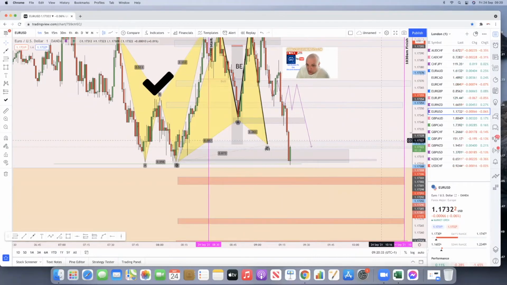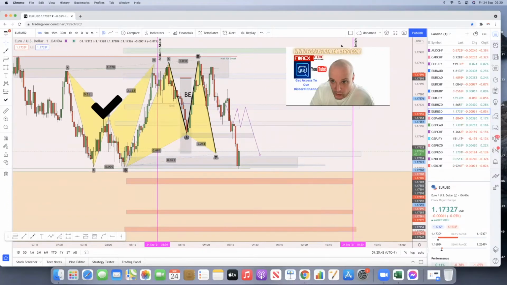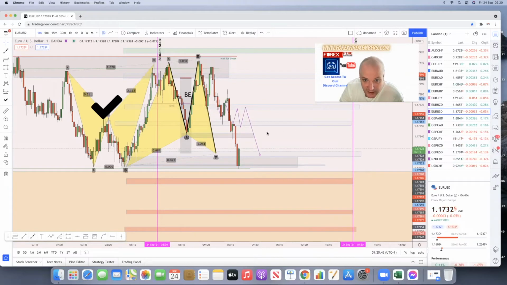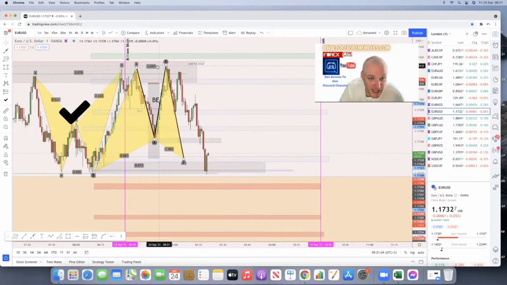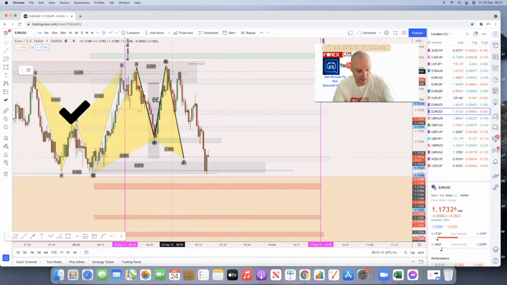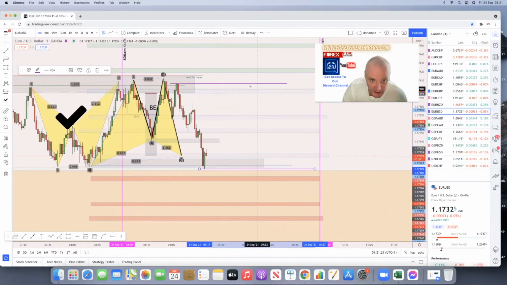Will we go down into these lower levels today? We wait and see. Again, today's session has been a great one so far for doing some analysis and things like that. I'm going to keep this live. This has played out. We now might have one or two things happen. It's either going to come break structure and come into the lower levels, or we're going to get the big push up back into these higher areas. Okay, so now we've technically got a new area of play, which is this here,